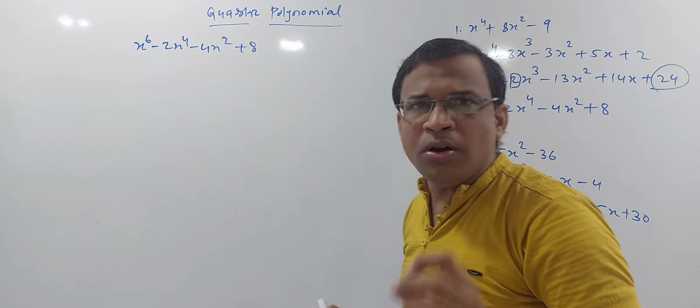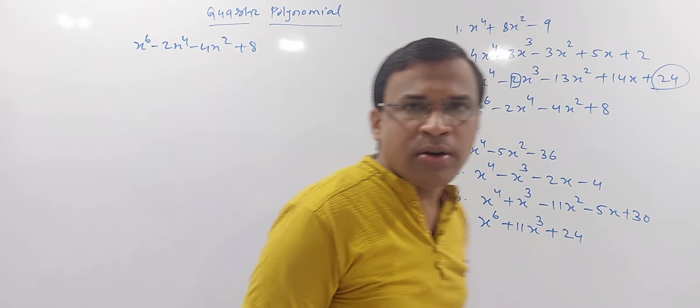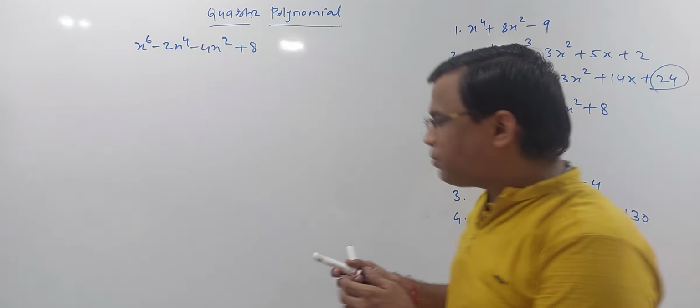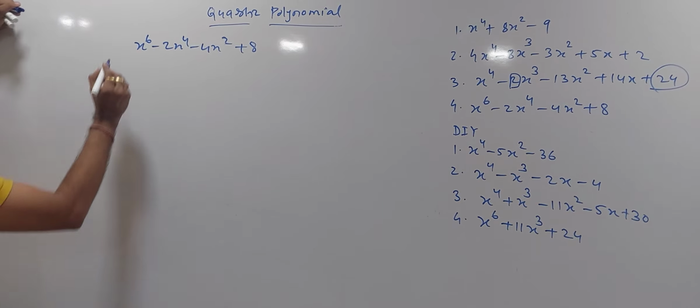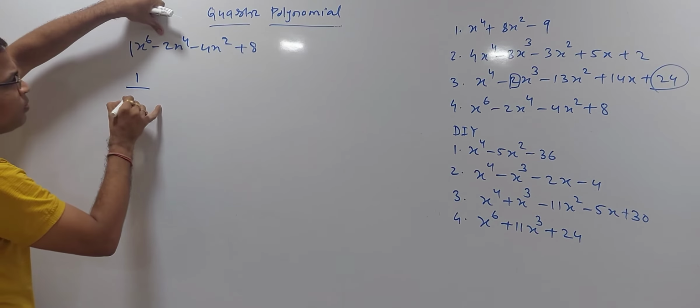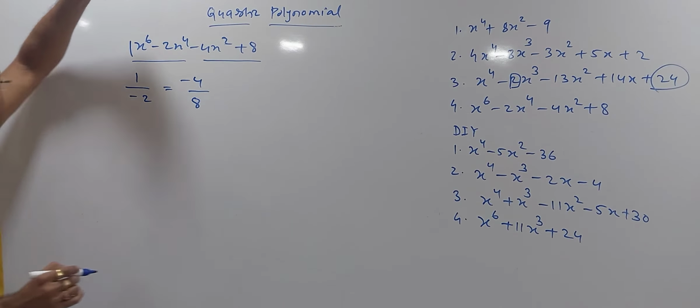They don't want you to actually factorize it the way you used to do in the 9th standard, putting various values. So various tricks I have told you in the earlier videos depending upon the question. Here I will use one of those tricks. Looking at this question, see the ratio of the coefficients. This is 1 upon minus 2 and this is minus 4 upon 8. So I can conclude this is minus half, it is minus half. Since it is equal, I can simply take the HCF from this and HCF from this. That will work for me.